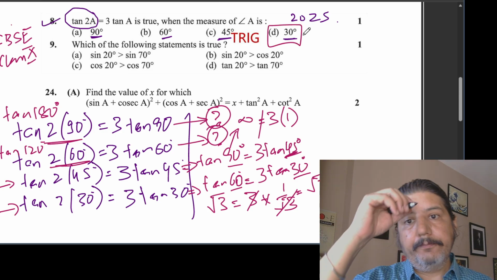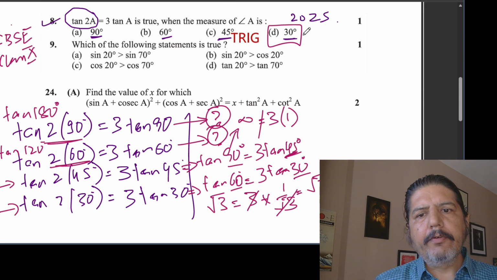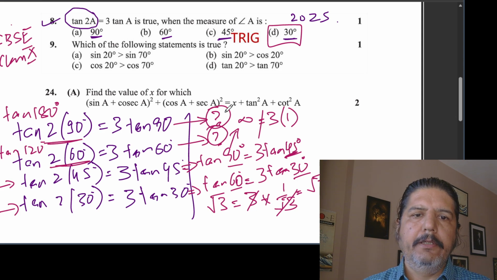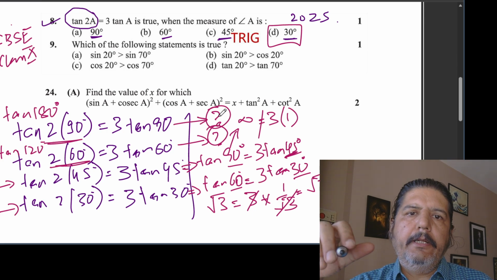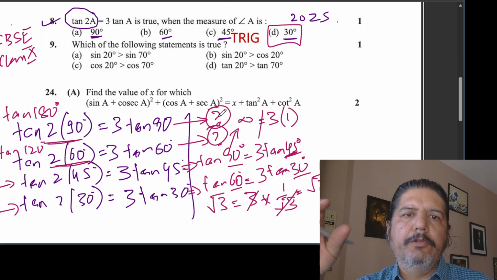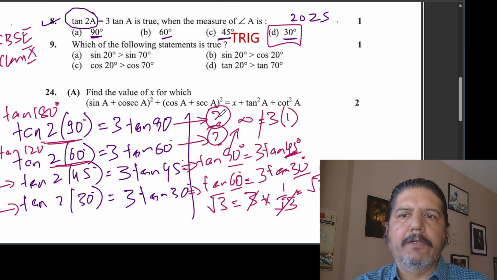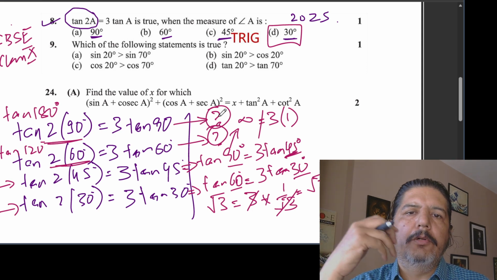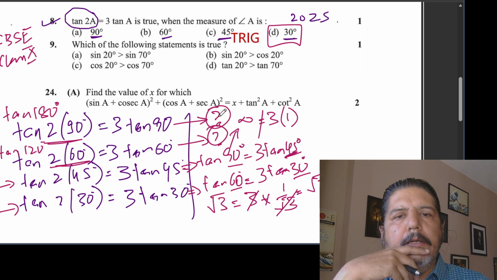Frankly, I like this question for a simple reason. There are 2-3 learnings you can have from these kinds of questions. One is that for MCQ questions, you can take the values which are given, A, B, C, D, and put them in the question, and it can be any kind of question, and try to find out what would be the right answer. So this is learning number 1.